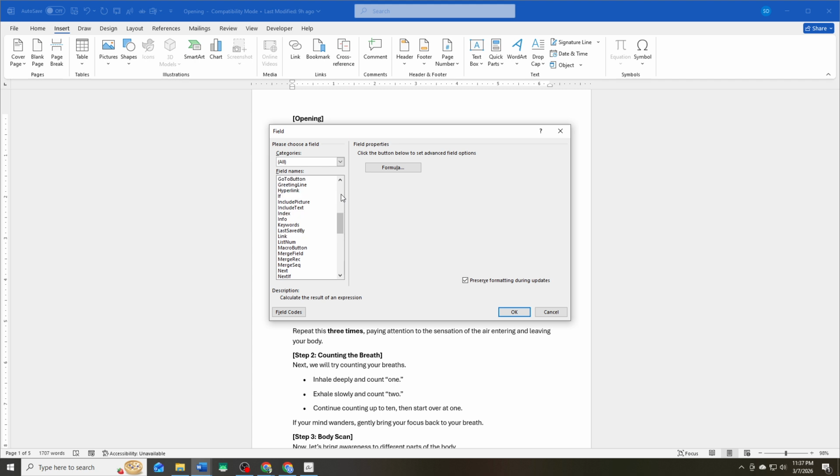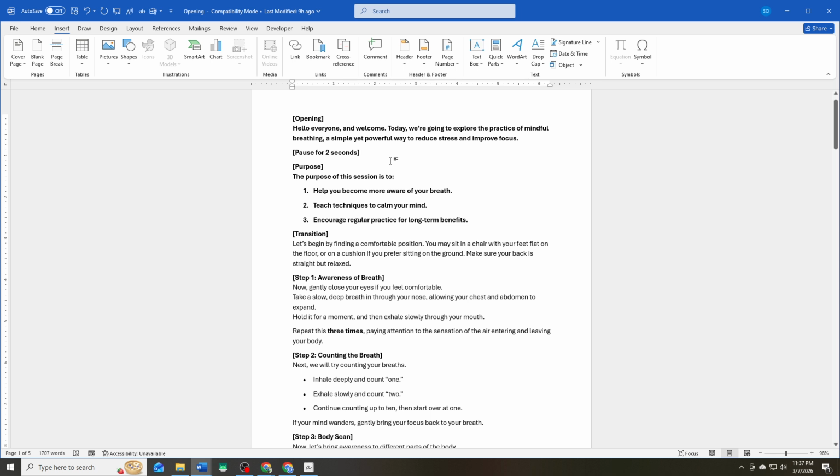For this demonstration, select the Comments field. This field is useful for inserting notes or reminders in documents that may undergo multiple reviews. Within the dialog box, you can choose formatting options for the field. For instance, you might select uppercase formatting so that the inserted comments are more noticeable. After setting your preferences, click OK, and Word will insert the field into your document as a placeholder displaying your